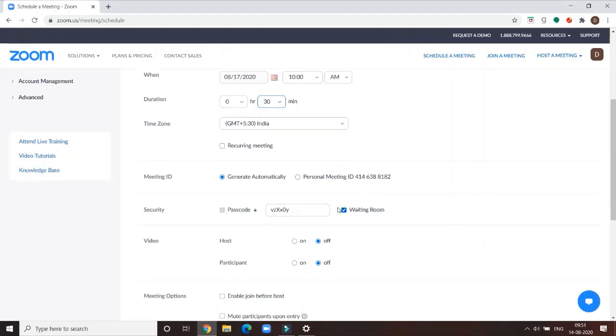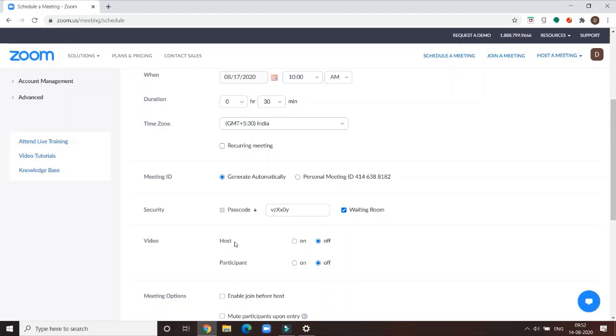Now here, what I've ticked is the waiting room. What do you mean by this? This means that my meeting is scheduled at 10 o'clock, but the students can enter your Zoom meeting before that, say at quarter to 10 or at 9:50. Before you as a host join the meeting, your students can be waiting for you. So the advantage is that your students can enter and then wait in the room till you are actually ready to start your meeting. So you can keep this on. If you do not want this, you can just tick it off. Up to you. I preferably keep it on.